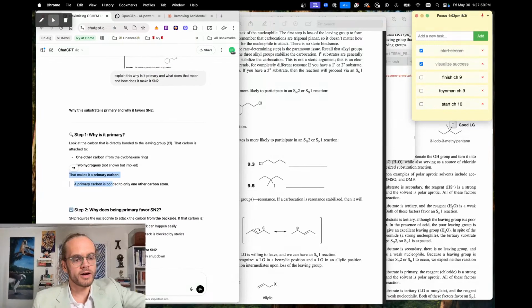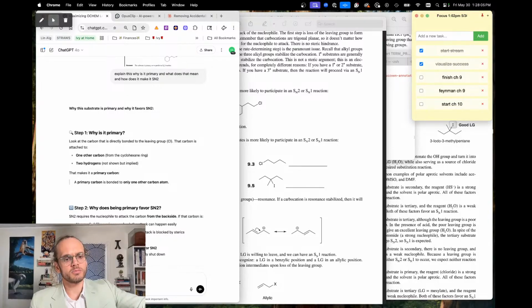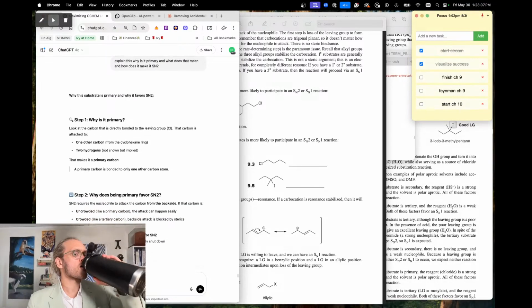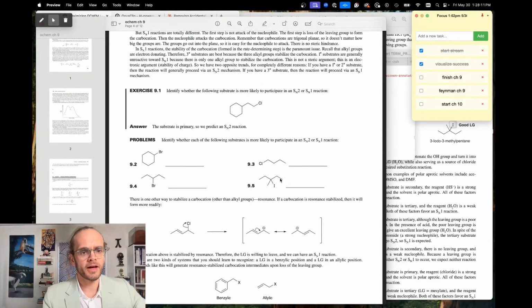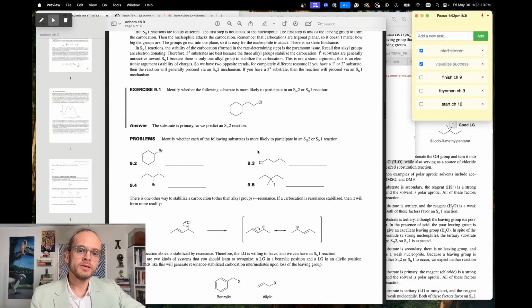If it's uncrowded, like a primary carbon, then it can happen easily. If it's crowded, though, the backside attack is blocked by sterics. That helps a bit. Okay. So this one, I presume, is going to be